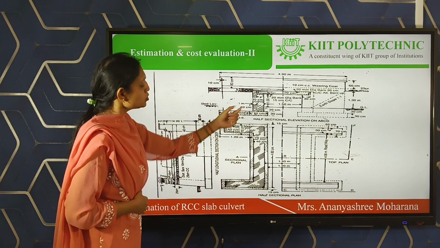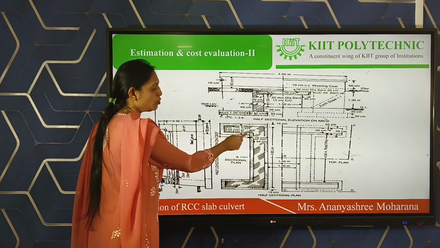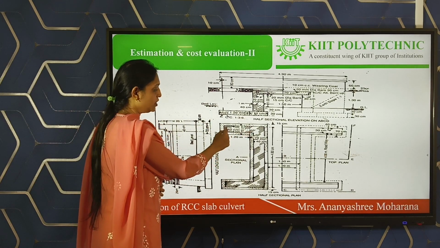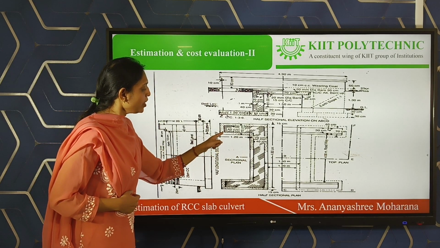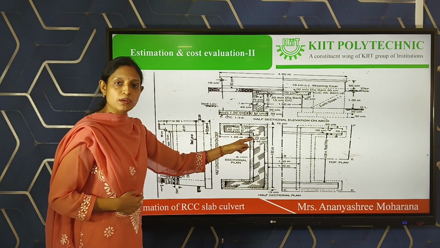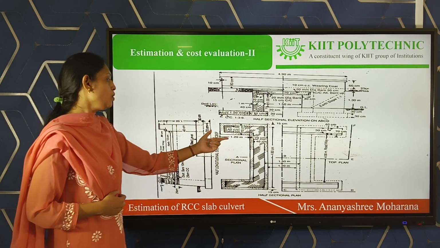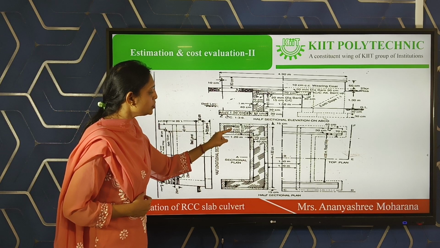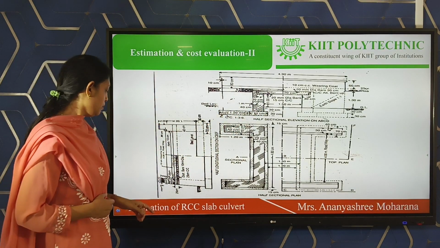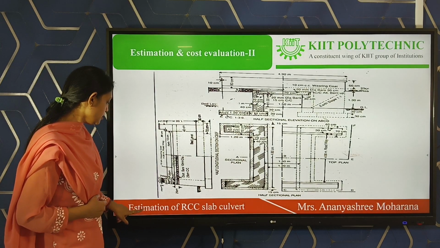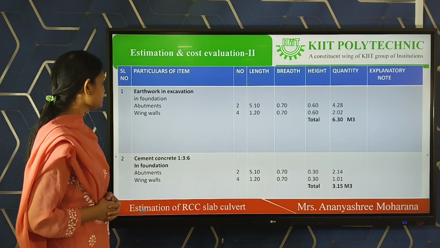Similarly, for the wing wall also you have to take 1.2, because 1.2 is given from concrete to concrete, but the actual brickwork we need from this point to this point. That means 0.15 will be deducted and 0.15 will be added. That means the length will be the same, that is 1.2. 1.2 will be the length, breadth will be 0.4 and height will be 1.5, same as abutment. Okay. Next is, these two parts are over.